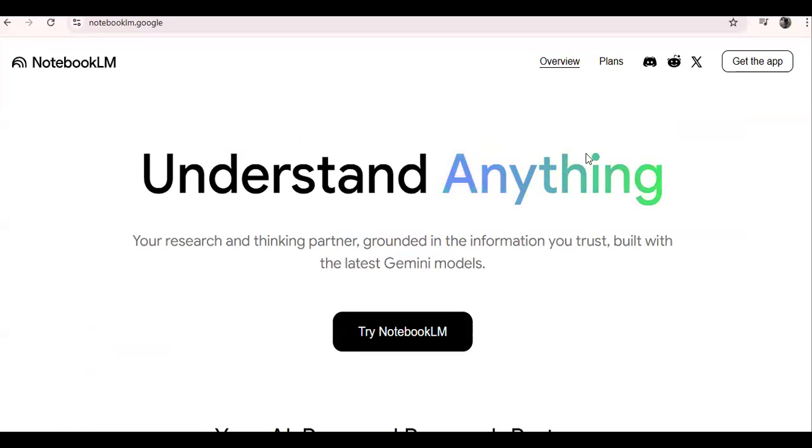I have a PDF. Assume you started a new project and the client shared 1,000 pages of documents to read, then do KT for this project and start working from tomorrow. That's very difficult for us generally. But with these AI tools, like ChatPDF and Notebook LM, there are other tools as well, you can just upload that PDF and it will give you an important summary. And then also,